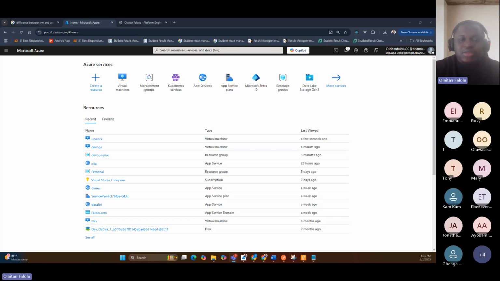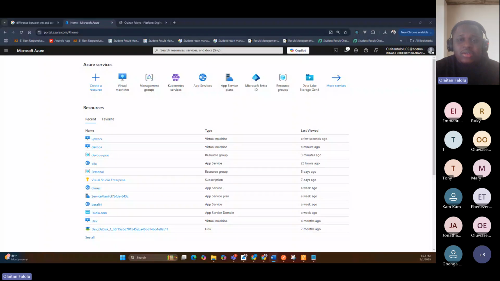So the reason why I'm going this slow is because some of us are new to Azure, new to the engineering space where we talk about VMs, virtual machines and stuff like that. Remember, I've spoken about virtual machines before. Now, this week we'll be talking about deployment of virtual machines, app services,